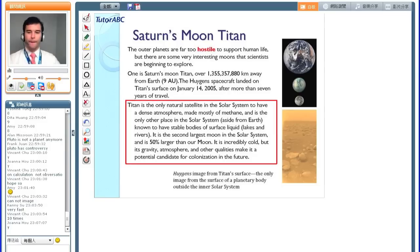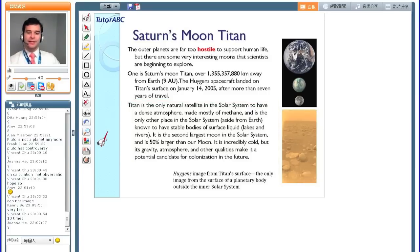这大家都看得懂吗？这 Titan 就是 Saturn 土星的一个月亮。现在科学家感觉是非常有趣的地方。Titan is the only natural satellite, only 这一个月亮 in the solar system to have a dense atmosphere, made mostly of methane and nitrogen, and it's the only other place in the solar system, aside from Earth, to have stable bodies of surface liquid, 就是 lakes, rivers, and it's the second largest moon in the solar system. It's about 50% larger than ours. 所以就是地球，还有 Titan，还有我们自己的月亮，可以做个比较一下。这个大家都看得懂吗？